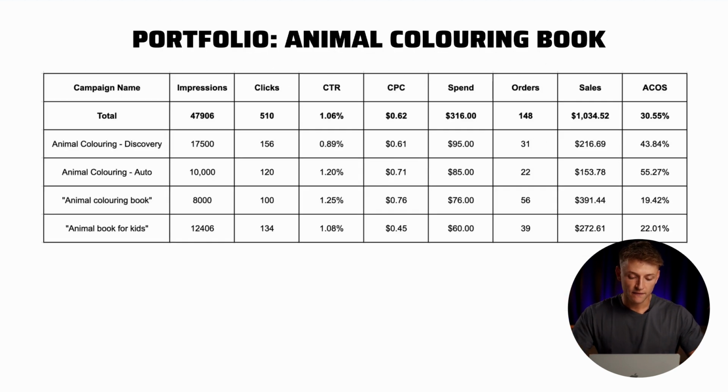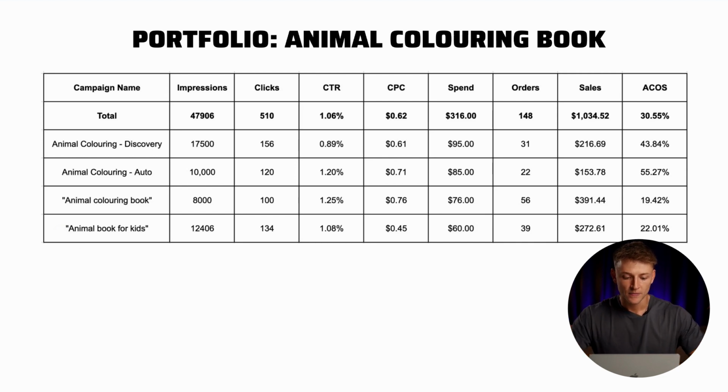And here is what I mean. So let's just say we had the portfolio for an animal coloring book. Here is all the data for the ads within this book. So here's the total numbers, and then we have 4 individual ads for our animal coloring book. We have a discovery ad, which is full of keywords. We have our auto ad, and then we have two individual ads that only specifically target one keyword. So this ad is only targeting the keyword animal coloring book, and this ad is only targeting the exact keyword animal book for kids. So one book, our animal coloring book, but we have 4 campaigns that are currently live